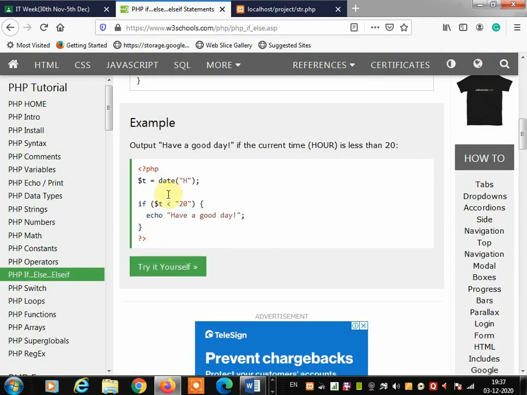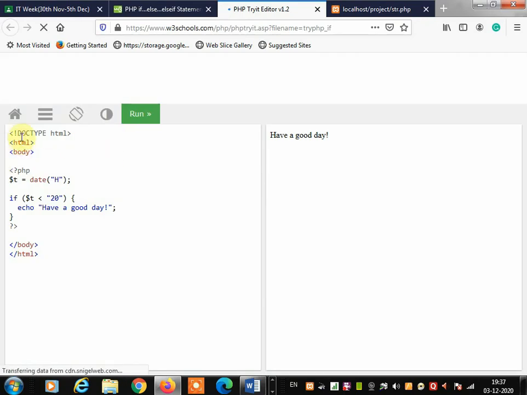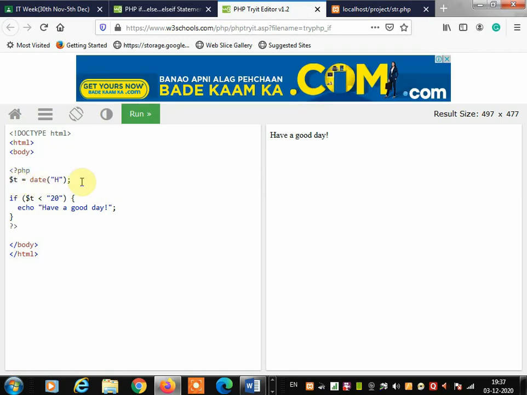Now I'm going to show you an example of how the if statement works in PHP. While writing the PHP program, the HTML code will remain the same. We start in the body section with the PHP tag. By using the PHP tag, we can declare the variable we need, then start the if statement, write your block of code statement that should print on the page, and then close the PHP tag. So let's see how we can write the program by using the if statement.